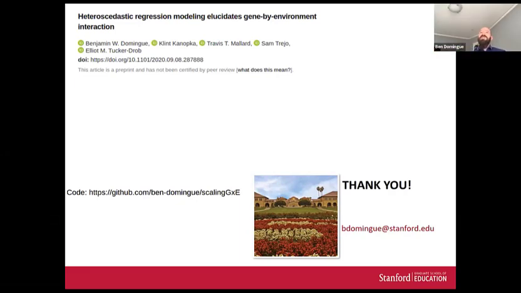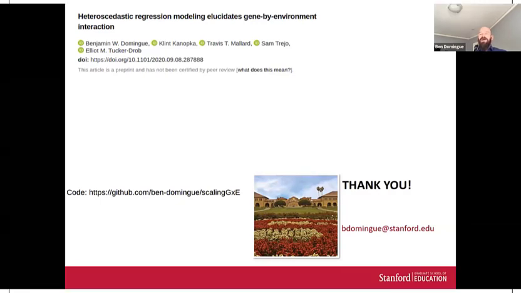I mean, that seems like a pretty slick counterexample. Yeah, under our typology, it might be scaling G by E. I can understand why one might not be satisfied with that, but